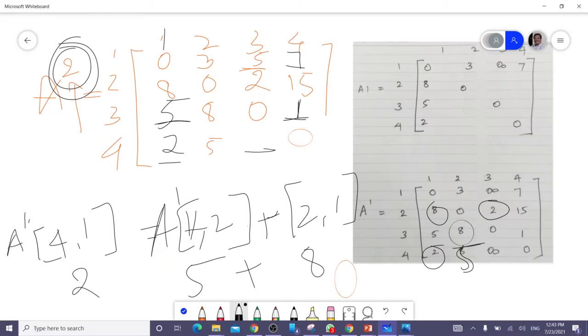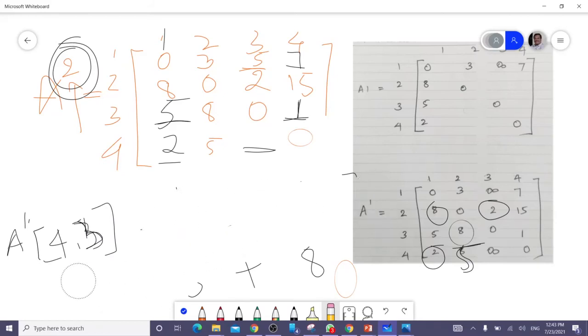Next, you have to find it for 4 and 3. In this case, what will I write?